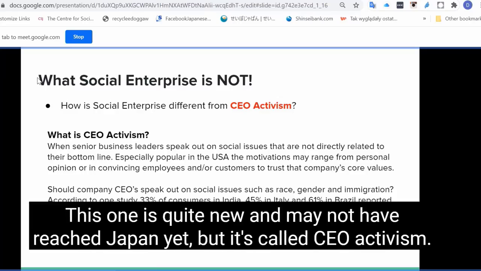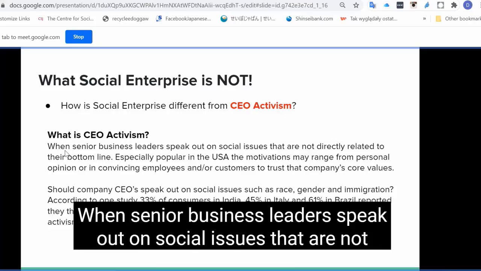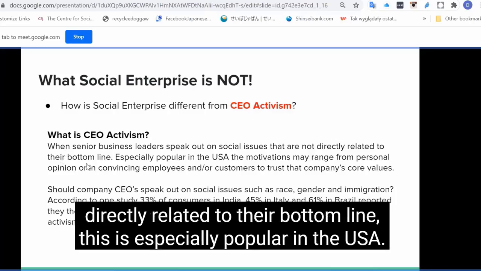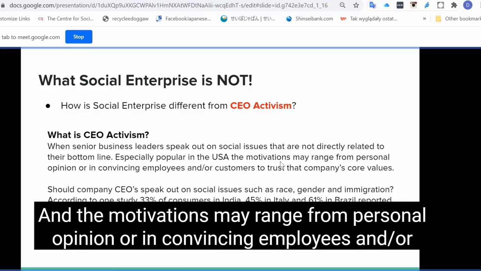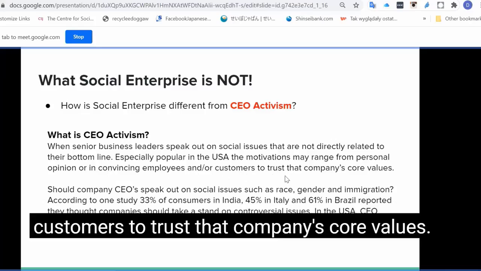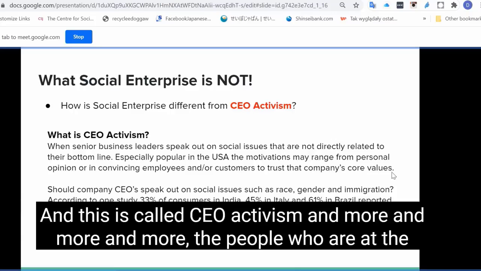This one is quite new and may not have reached Japan yet, but it's called CEO activism, when senior business leaders speak out on social issues that are not directly related to their bottom line. This is especially popular in the USA, and the motivations may range from personal opinion or in convincing employees and customers to trust that company's core values. And this is called CEO activism. And more,